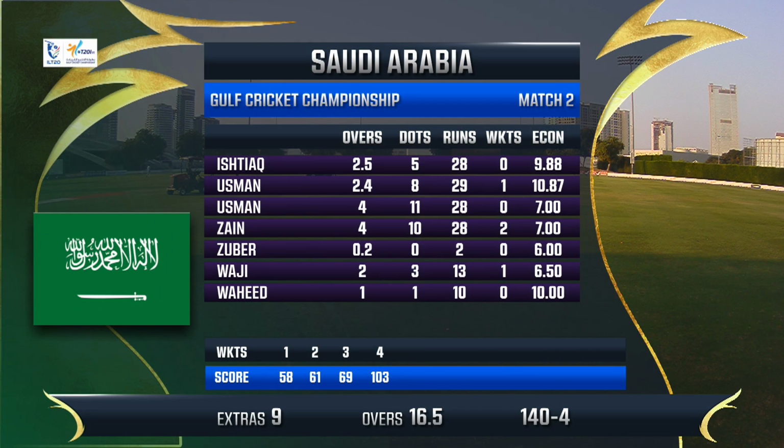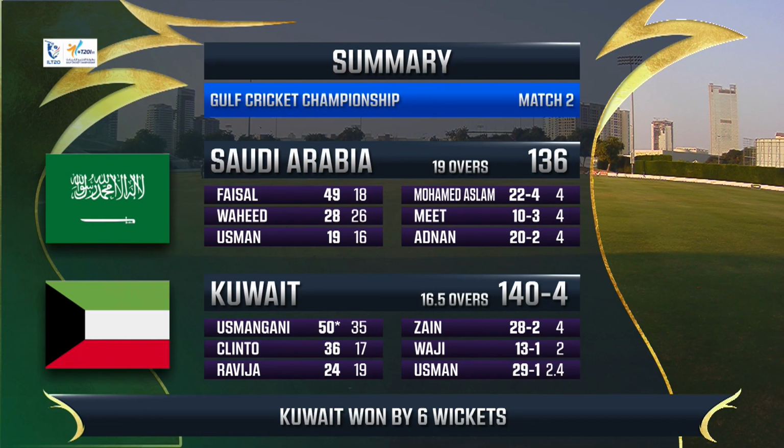Talking about the bowling of Saudi Arabia, 7 bowlers were used by the captain, and pick of the bowlers bowling his quota, going for 28 and a couple of wickets to his name, and a wicket each for Usman and Waji, and 9 extras have been conceded, and it has been a tough day for the Saudi Arabia fast bowlers as well as for the spinners. A convincing win for